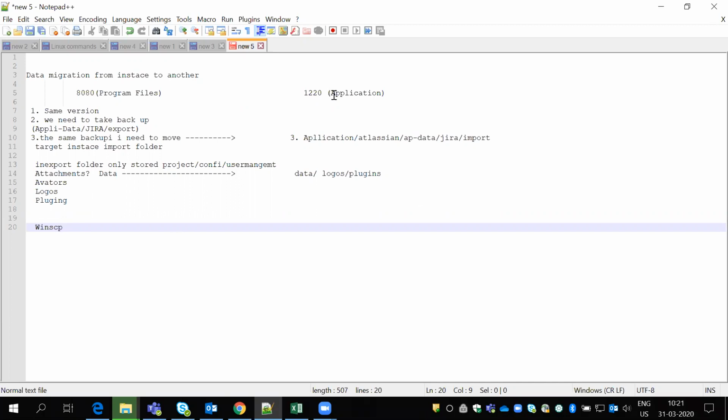Then we need to open this server and restore that. Whether it is a Linux or Windows environment, WinSCP is helpful to connect with the server and to move files from local system to server or server to local system. But we cannot move directly from server to server, so it goes from server to our local system and then to another server.